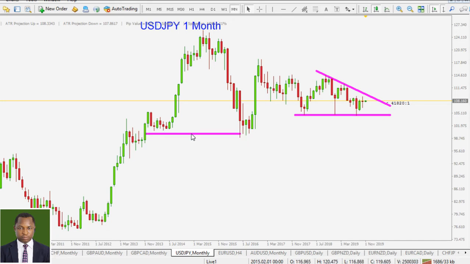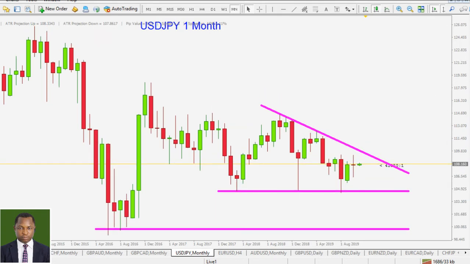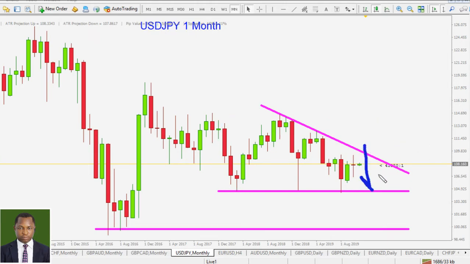The next level we can keep is probably this level. Okay, so those are the three lines that we should maintain for the American dollar against Japanese yen. Don't want to keep more than 3 lines. So if price is able to break below, we should have the next level of support here. So for the American dollar against Japanese yen, given this flat bottom triangle here, we should be more interested in short opportunities, and it would be nice to take the short entry around that level of resistance.